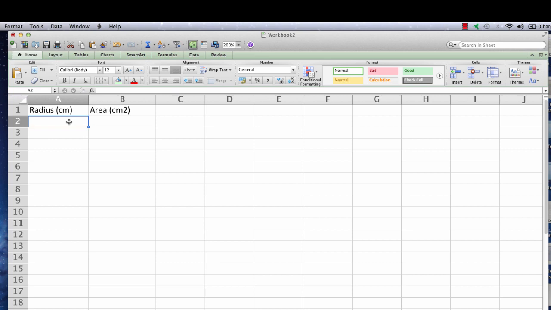So the first trick here I want to show you is how Excel recognizes patterns. So assume we're just going to go up linearly in the radius, start with a radius of 1 centimeter, and I type in 1, 2, 3, and assume I want to go all the way to 10. There is no need to type out each number in each cell, because Excel will recognize a pattern in a